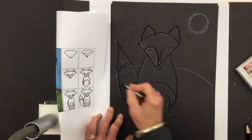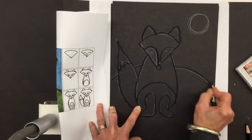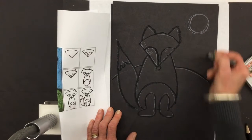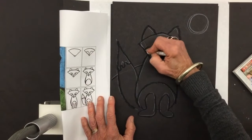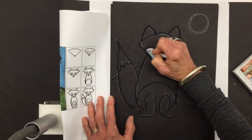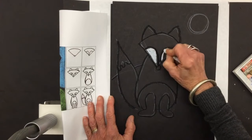And if you want to, you can practice on one sheet and then get out a second sheet and carry on. So I have my shapes, and now it's time to add the color. The first thing I'm going to do is the white part around his eyes. Taking my white oil pastel and filling in the space right there. That nice half curve